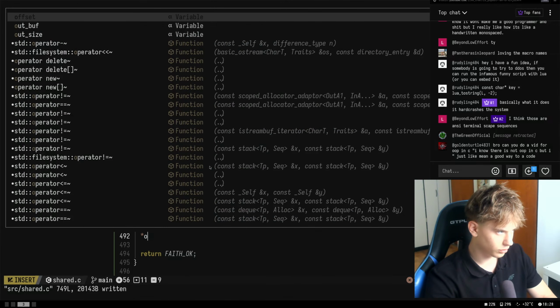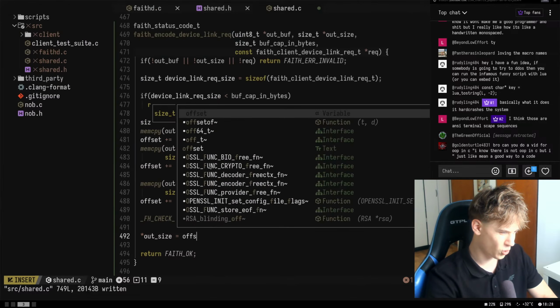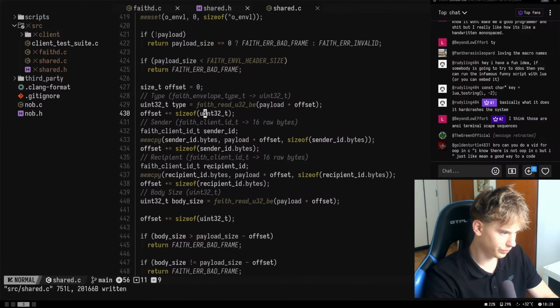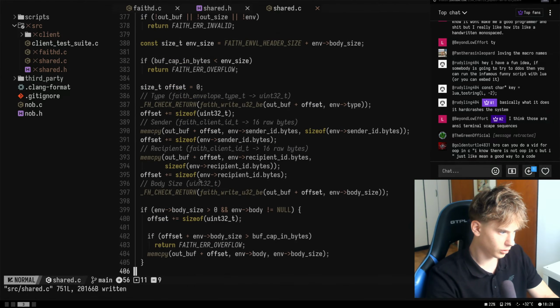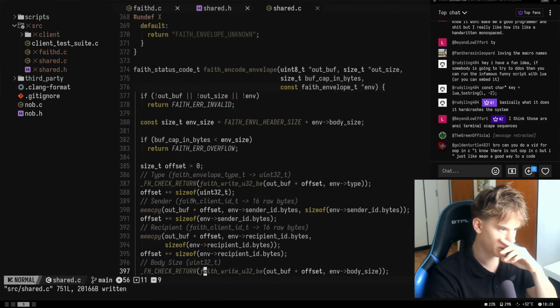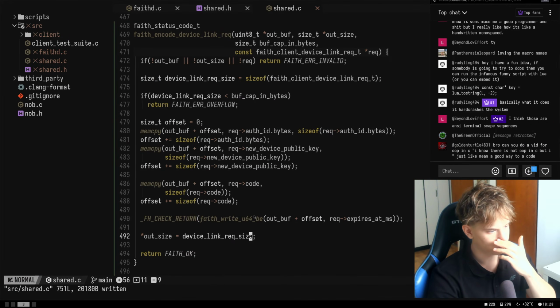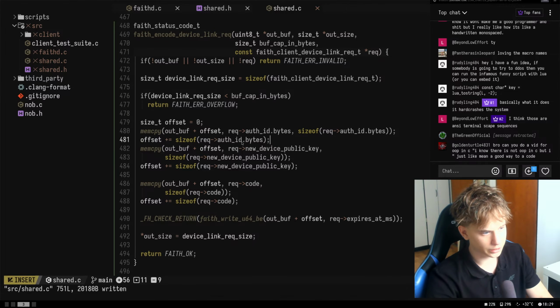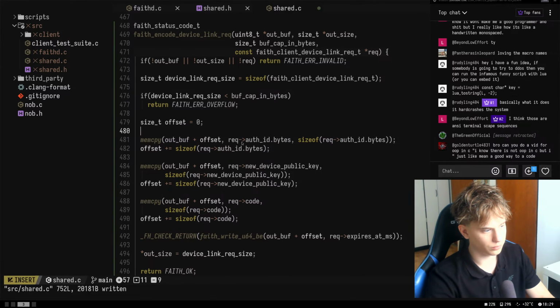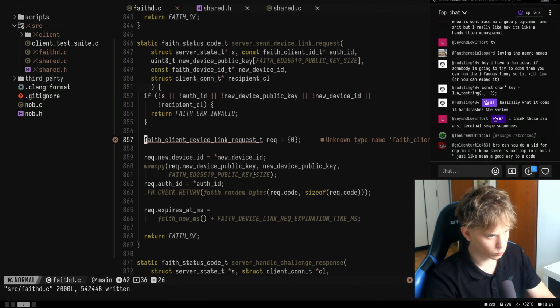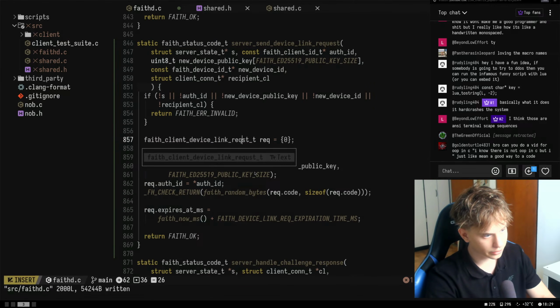Okay, so let's assign outsize, and outsize should be offsets. Is that a thing we do, by the way? I don't think so. So let's see. Outsize equal to env size, and env size is just that. Okay, I guess. So let's have that. And did we do everything correctly? Seems like it. Yes. Okay. So like that, and that should be that function. Okay. So where were we? Okay, so rec